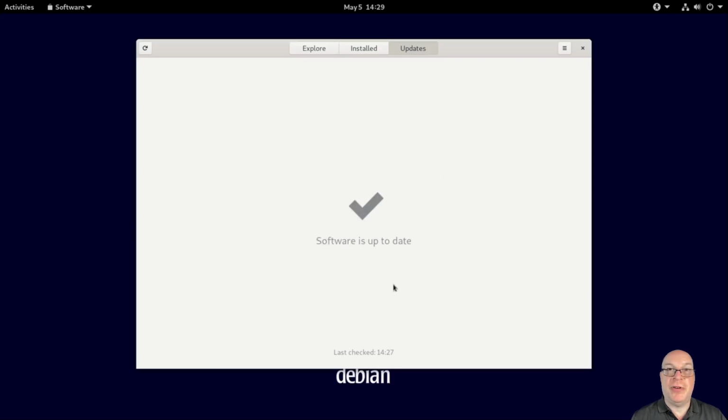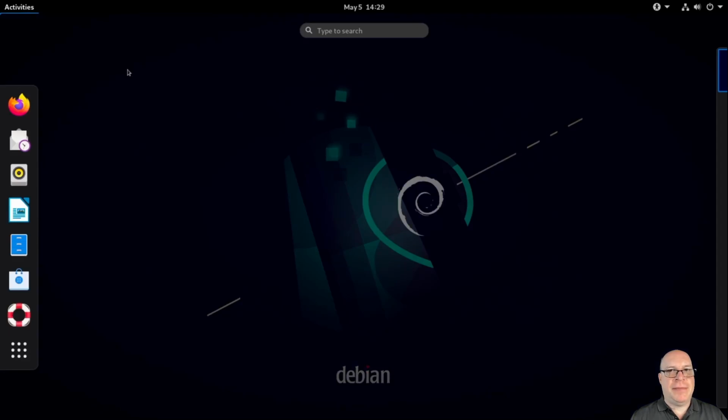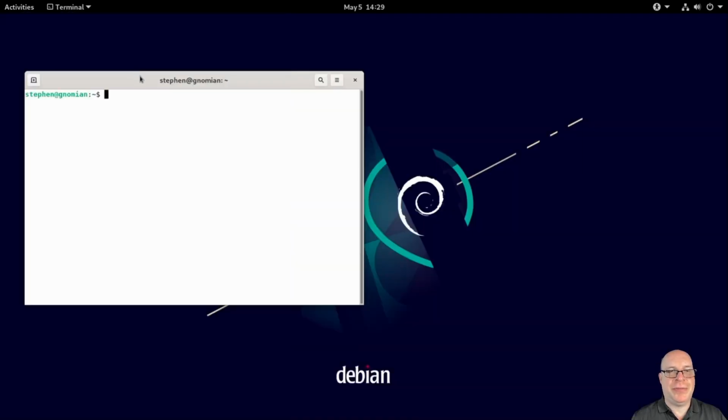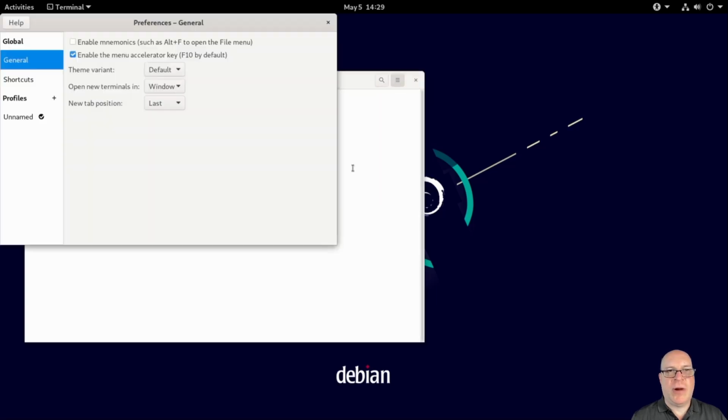Okay. Thunderbird's listed twice, don't know why, but we're up to date. Okay, so let's launch a terminal window. Okay, let's make that a little bigger, the font size. Let's fix that glaring white screen